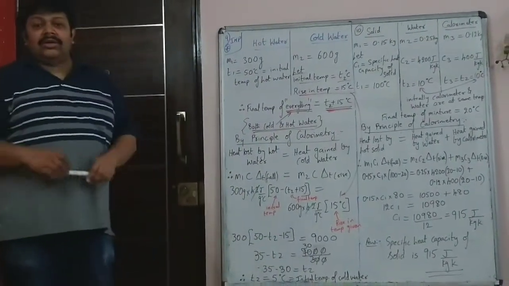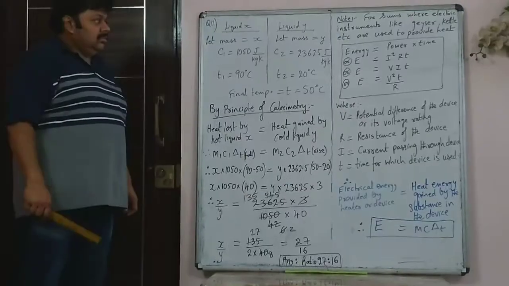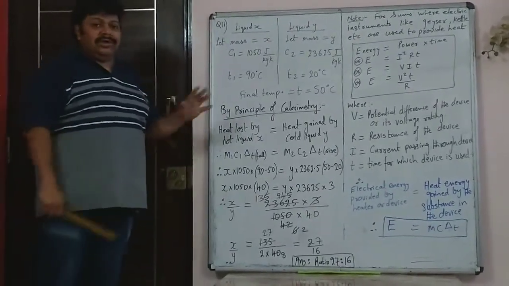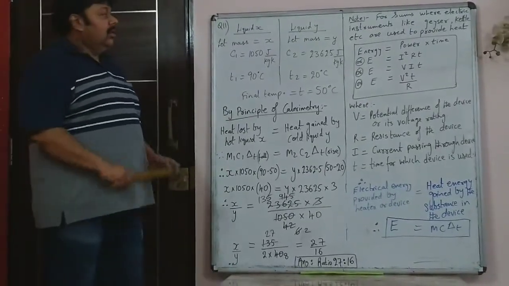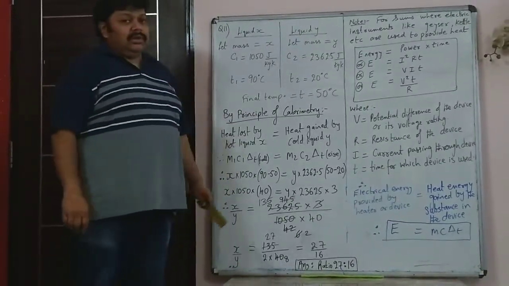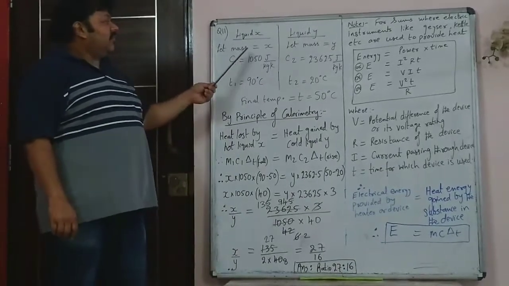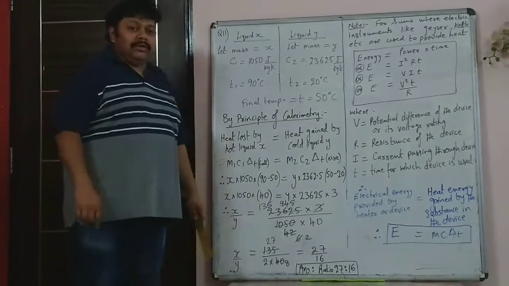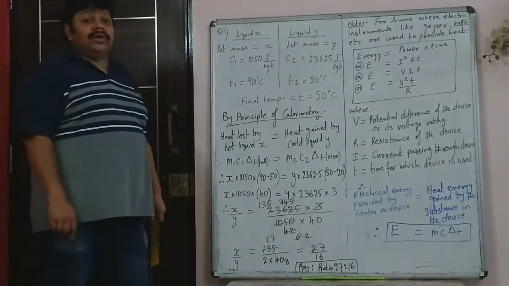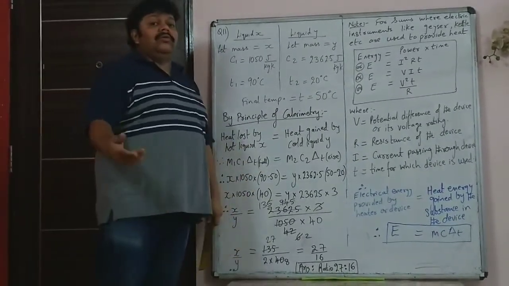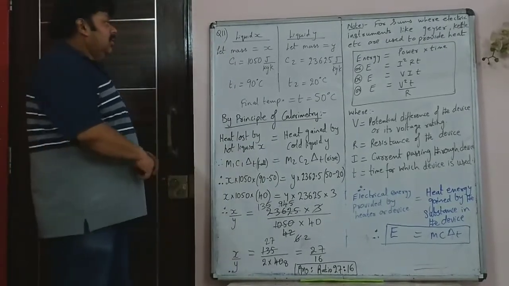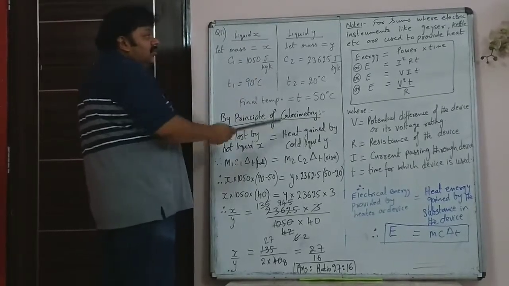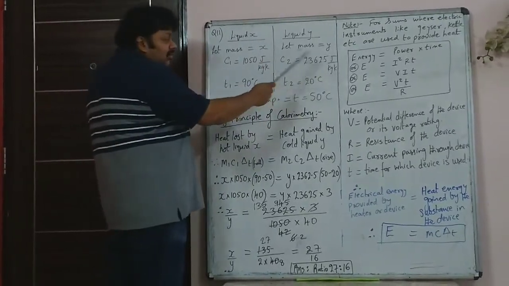So we continue with the next sum, that is 11. Here in the 11th sum there are two liquids X and Y which are mixed together. We don't know the mass of X and Y. So let the mass of X be X itself and let the mass of Y be Y. We need to find the ratio of X to Y because they have asked in what proportion they are mixed. Specific heat capacity of liquid X is 1050 and that of liquid Y is